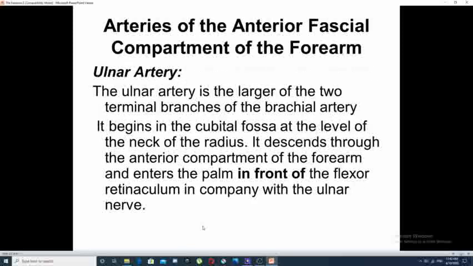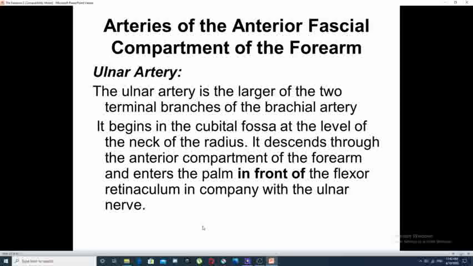So, arteries of the anterior fascial compartment: two arteries. First one is the ulnar artery. The ulnar artery is a terminal branch of the brachial artery. It is the larger of the two terminal branches of the brachial artery. It starts in the cubital fossa at the level of the neck of the radius, and it passes in the anterior